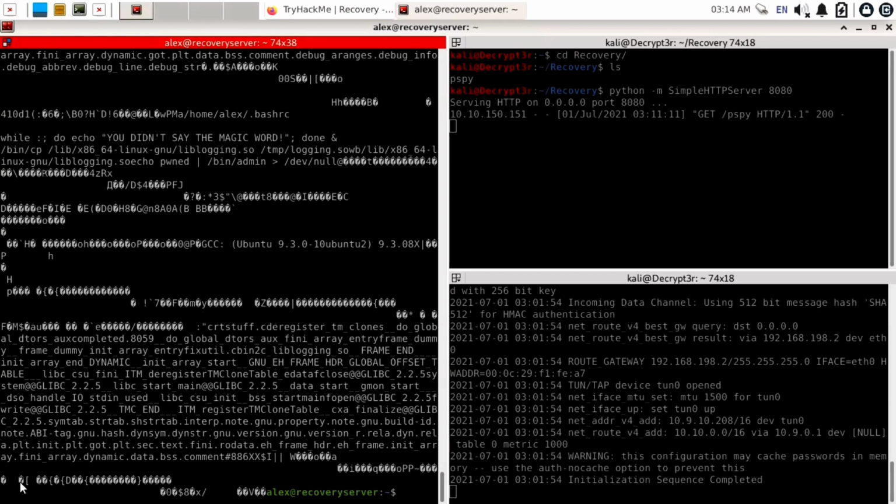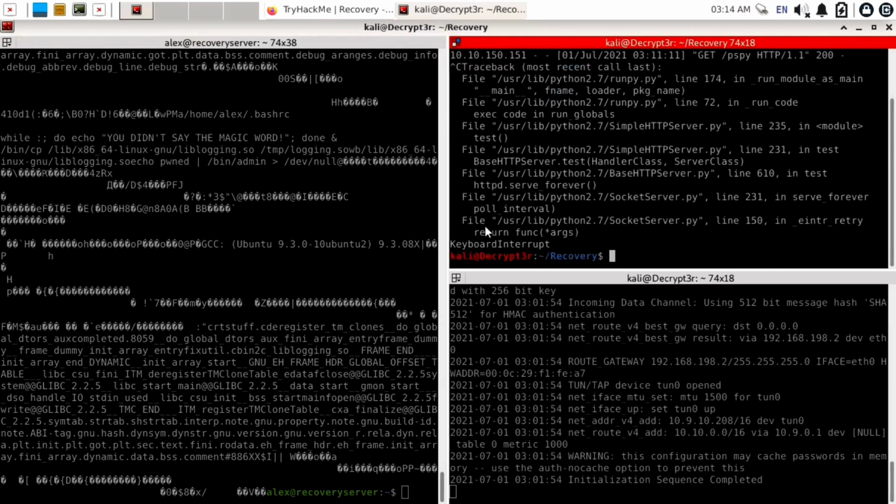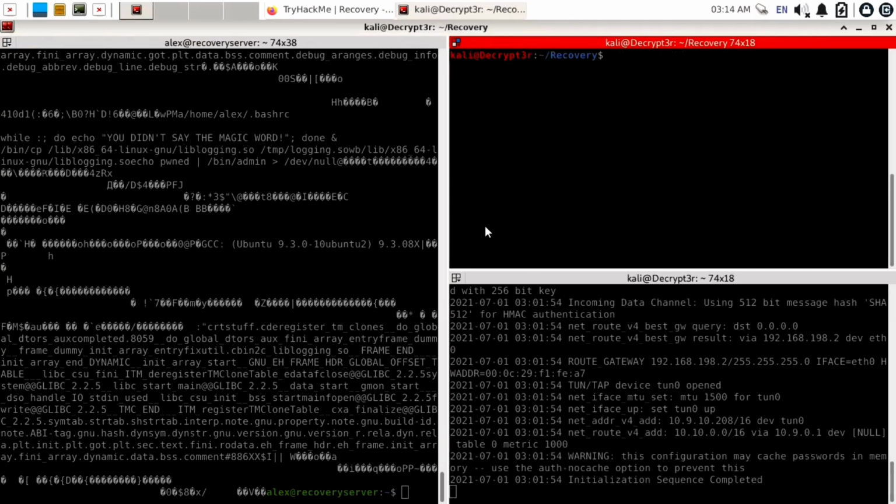So we are going to use Ghidra to perform reverse engineering and find how it is working behind the scenes. For that we will turn off our Python simple HTTP server and download this to our local machine. Use Ctrl C to terminate our Python server. To download this to our local system we will use netcat. Use nc -nlvp, then specify the port number you want to listen on, and use greater than and give any output file name. I will give fixutil.bk and hit the enter button.